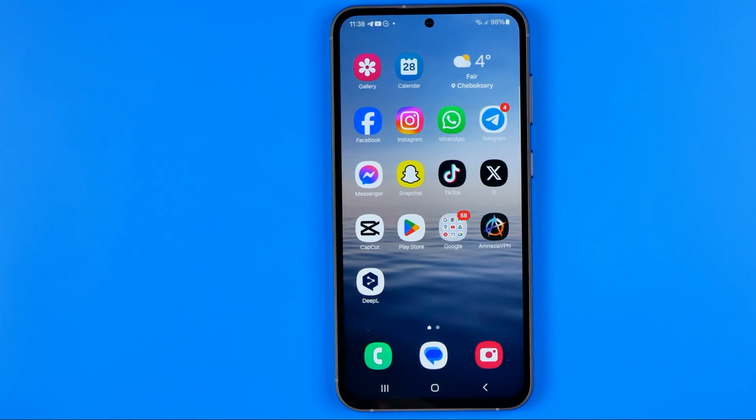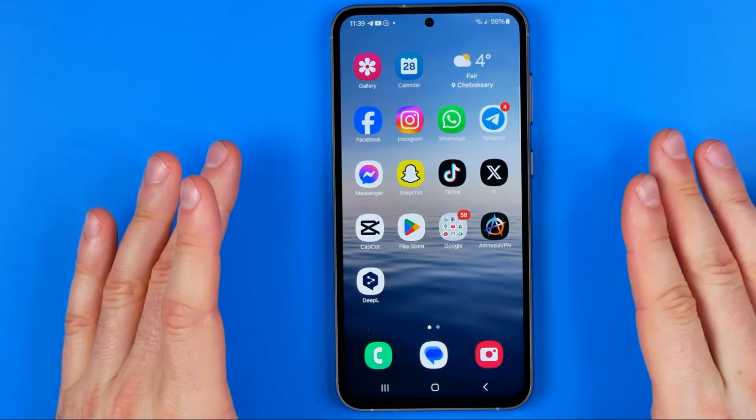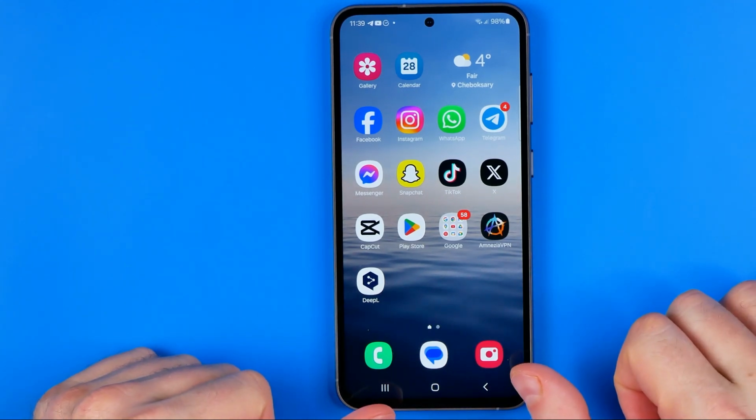In this video, I'm going to show you how you can easily read deleted SMS messages on an Android smartphone. Be sure to watch the video to the very end so you don't make any mistakes. Let's get started, guys, and to enable the ability to read deleted SMS messages, first off we need to open